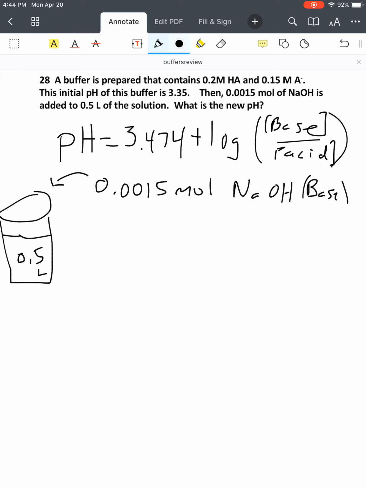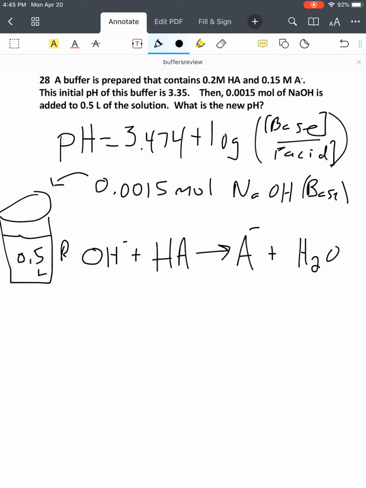Well, if I add a strong base such as sodium hydroxide, I know that it can react with the acid component of my buffering pair. That's my HA. And in the process, I'm going to deprotonate the HA to make the A minus, and I'm also going to make water. That neutralizes the addition of the strong base. But here's where I need to get real quantitative. So I have my reaction,